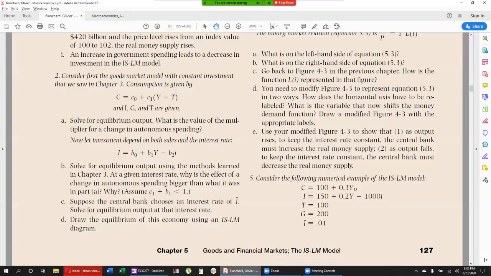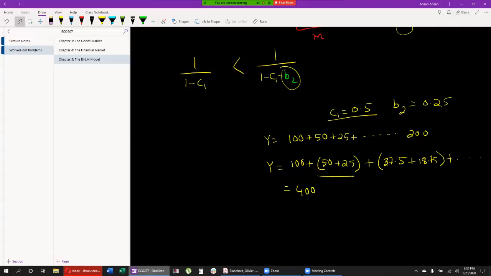Okay, let's move on to part C. Suppose the central bank chooses an interest rate of I. Solve for equilibrium output at that interest rate. Okay, so this is a bit of a tricky part. I'm going to say this straight away: to solve this problem, remember what we had seen is that in